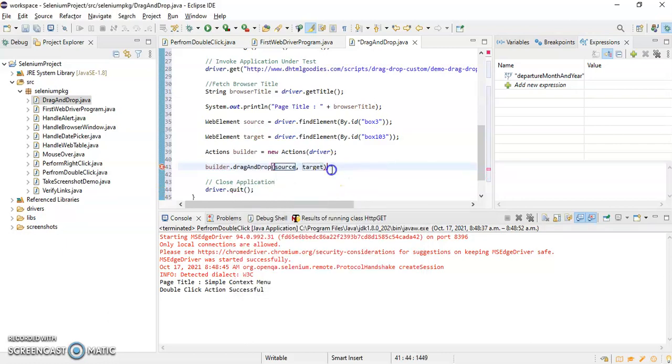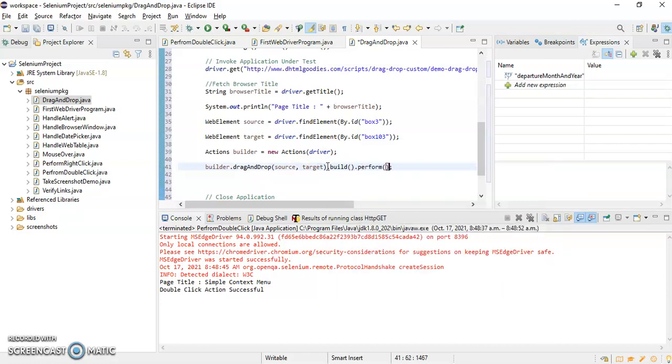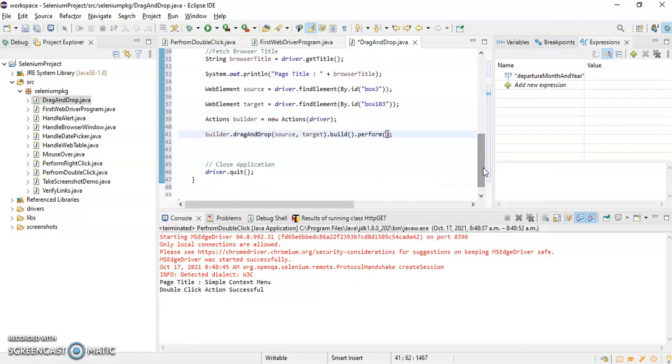That's it. Source and target, and after this you just have to write .build().perform(), right? That's it.